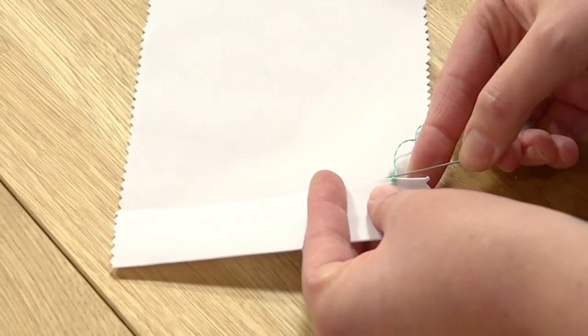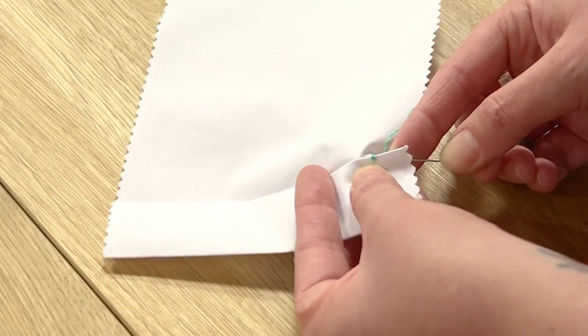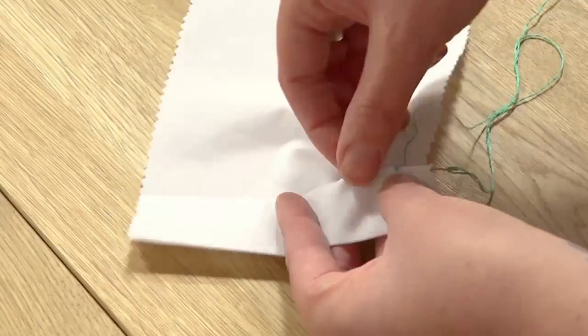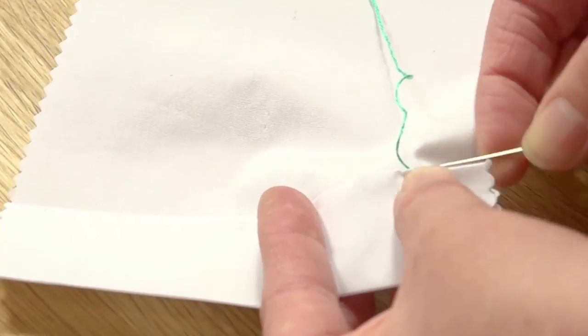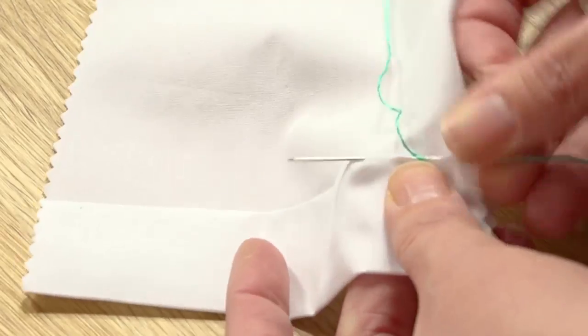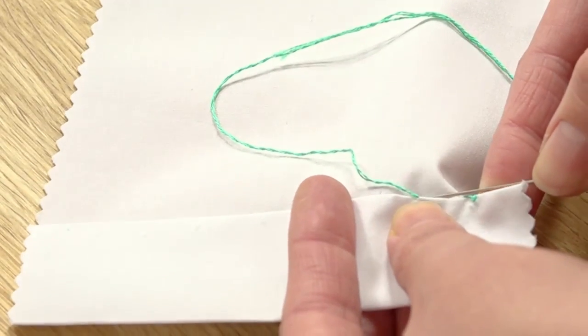Okay, so first of all, you need to take the smallest amount of fabric. So you want at least 1 or 2 pieces of thread in the fabric before then going into the fold of your single hem. And you're going to run your needle through that fold before pulling it out. And then again,